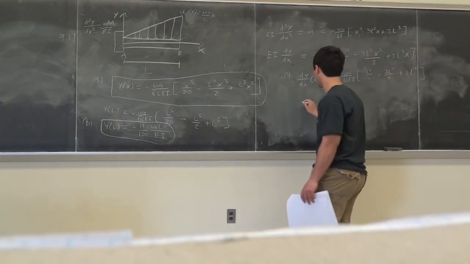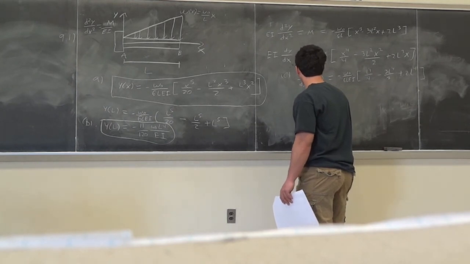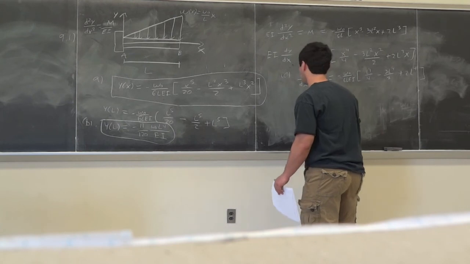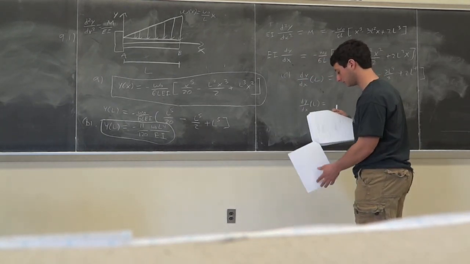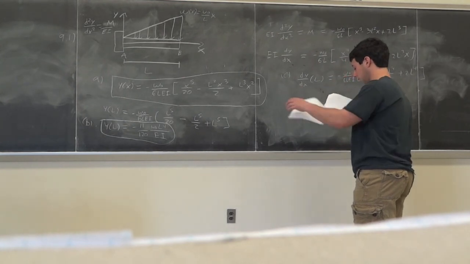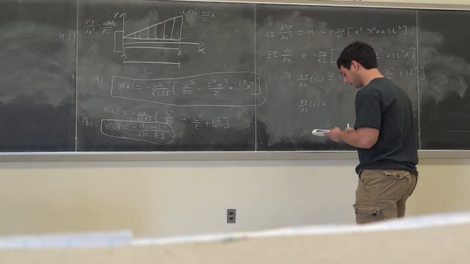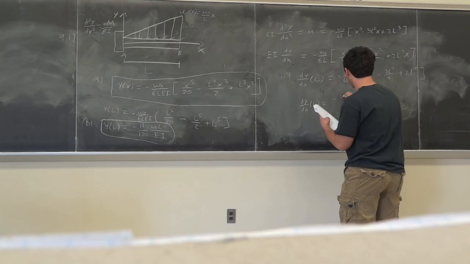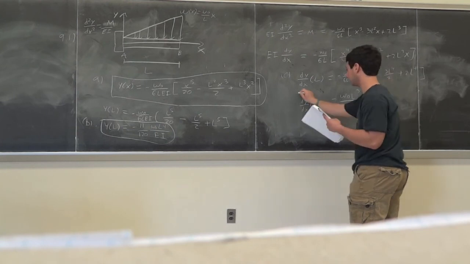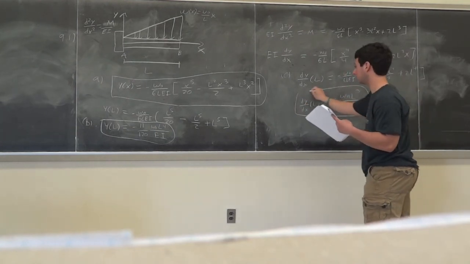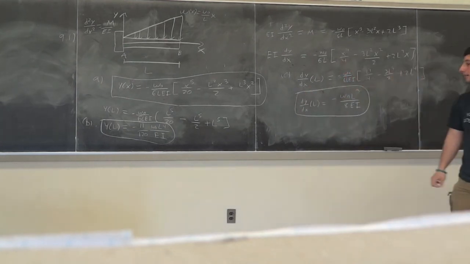So the slope at the free end, dy dx at x equals L, is equal to minus W naught L cubed over 8EI. Okay. That's the slope at the free